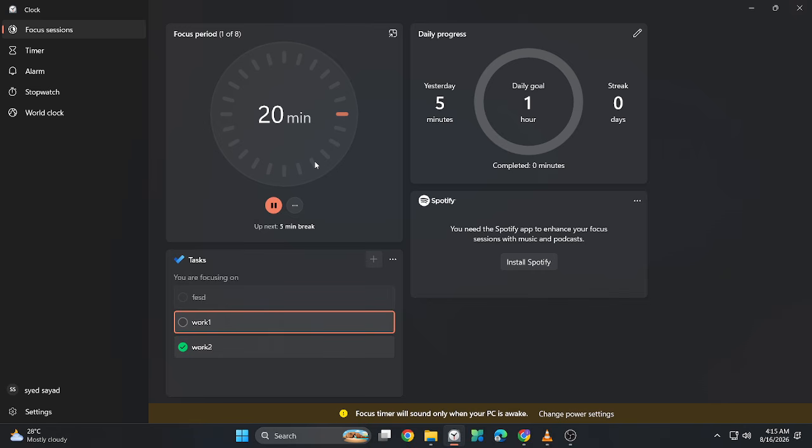And that's how to schedule focus time in Windows Clock in 2026. By choosing focused work periods, planning breaks, and connecting tasks when available, you can create a simple routine for managing